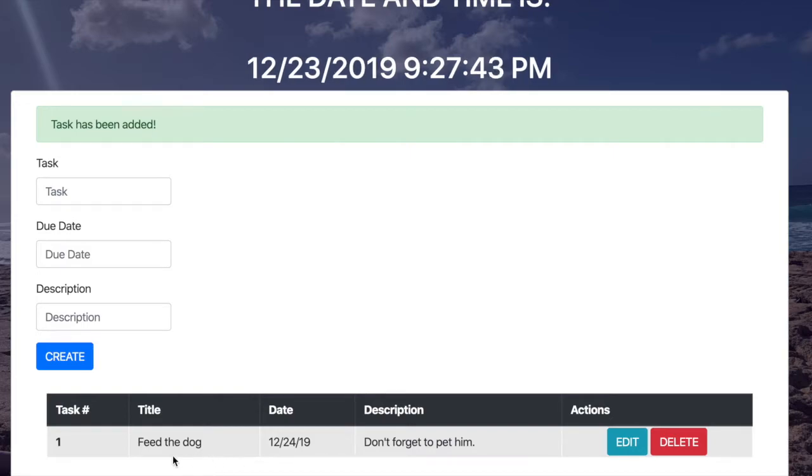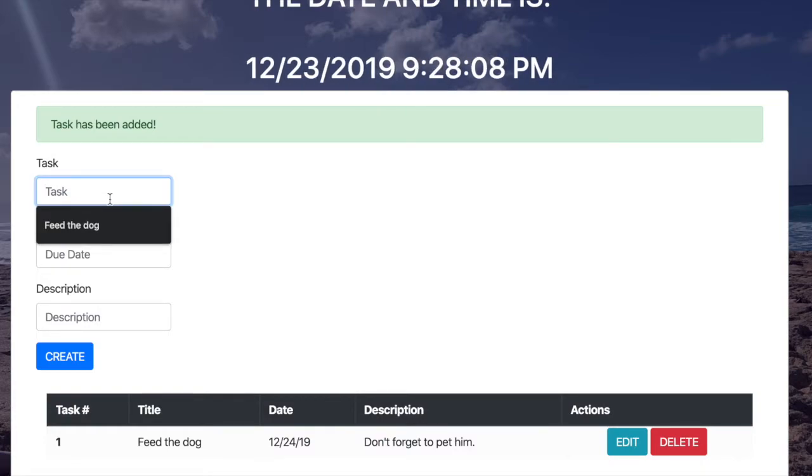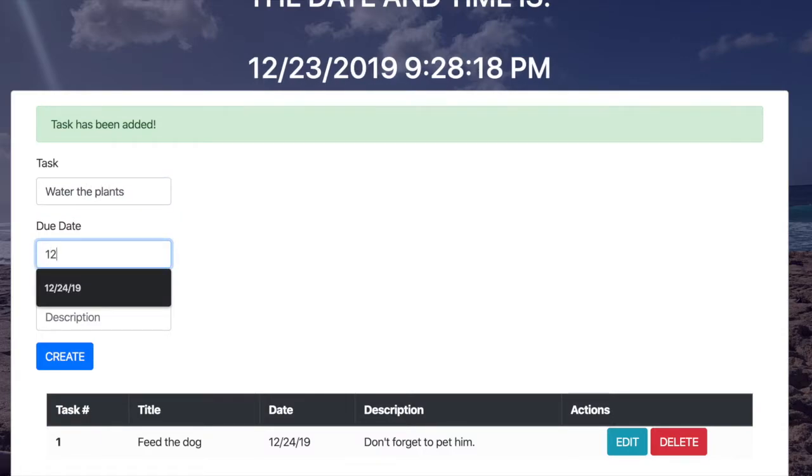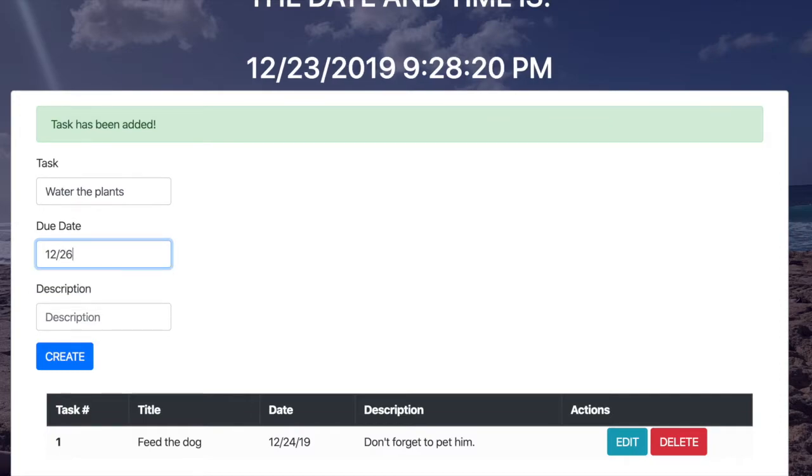On the left, you can also see the number of the individual task. Keep in mind, it is not the ID of the task itself. The ID of the task is different in phpMyAdmin. As you start to add more into the list, the tasks will start to be numbered in numerical order. Let's see, what should I do? Oh yes, I just remembered I need to water the plants. And I'll give myself probably somewhere around after Christmas. You know, gotta spend Christmas with the family first. And description,